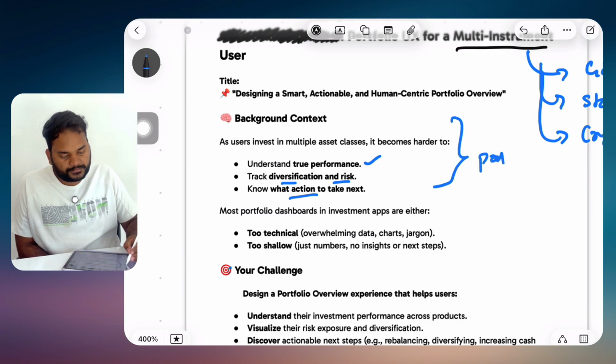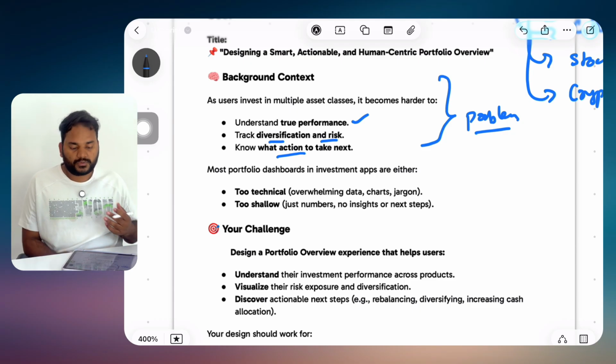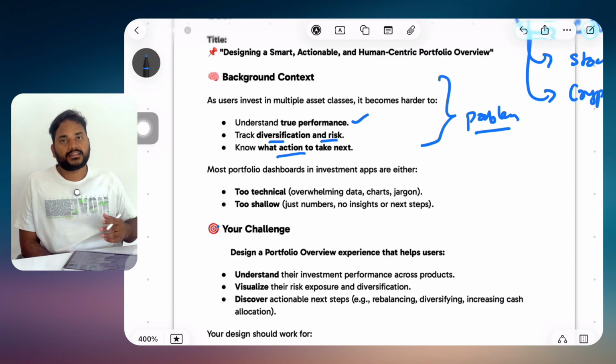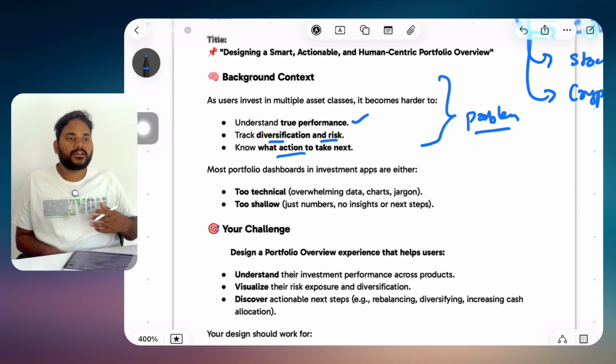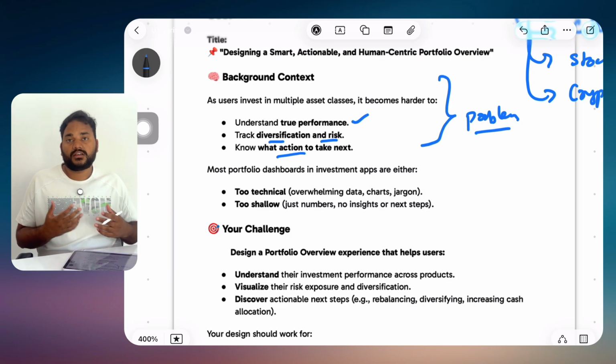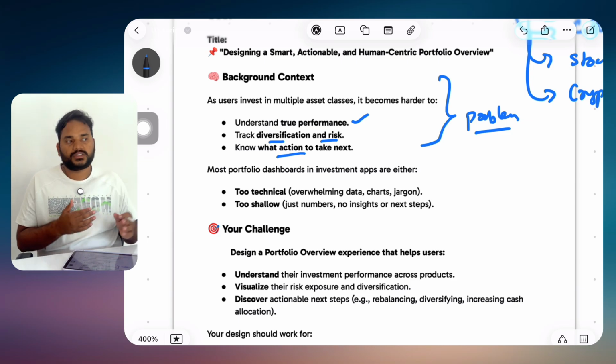So this is the problem. It is not something that we are doing in a very new way, like we are not reinventing the wheel. So what is the problem which existed in the previous designs or other competitors? It is mentioned that there are two types of users. One, the power users who have a lot of information, they are well versed with trading and investment and all those things. And another one is the simple user who just wants a simple interface where they can just log in, do the investment and just forget about it so that it grows their wealth.